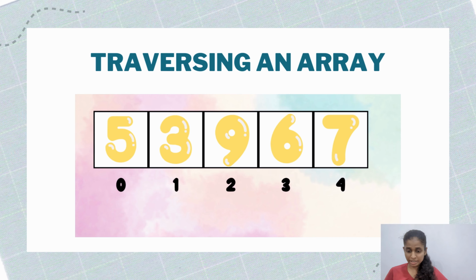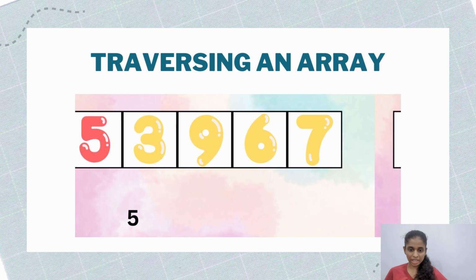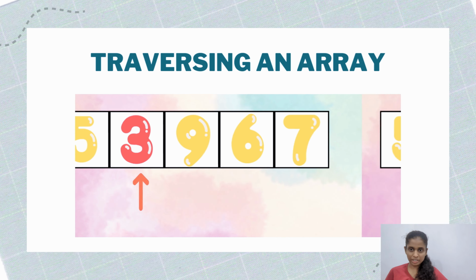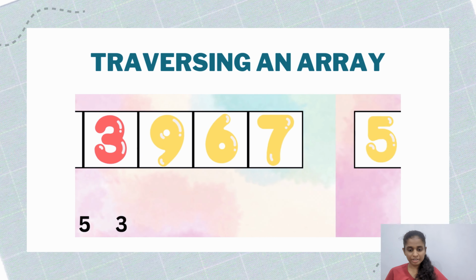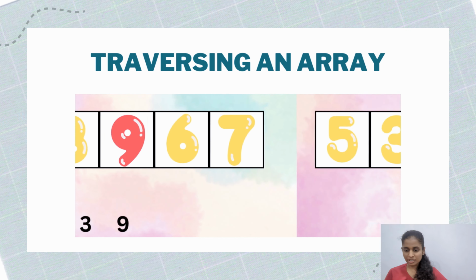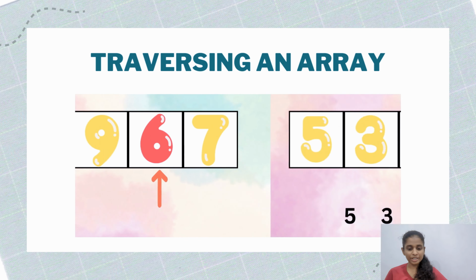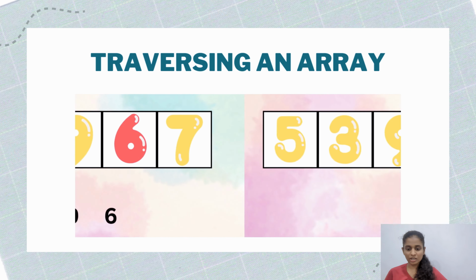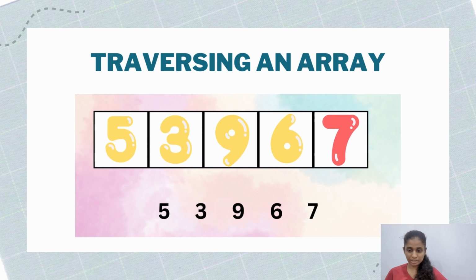Traversing an array means accessing each and every element of the array for a specific purpose. Traversing the elements of an array can include printing every element, counting the total number of elements, or